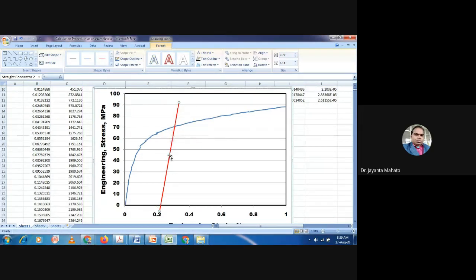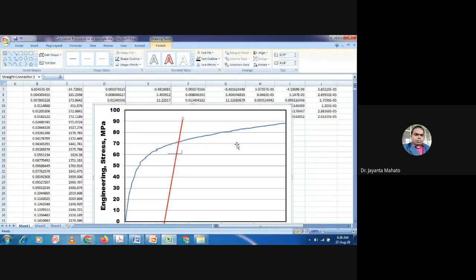You shift this linear line by 0.2% engineering strain, and this line will cut the engineering stress strain curve here. So take the data here, which is 68.89, around 69.